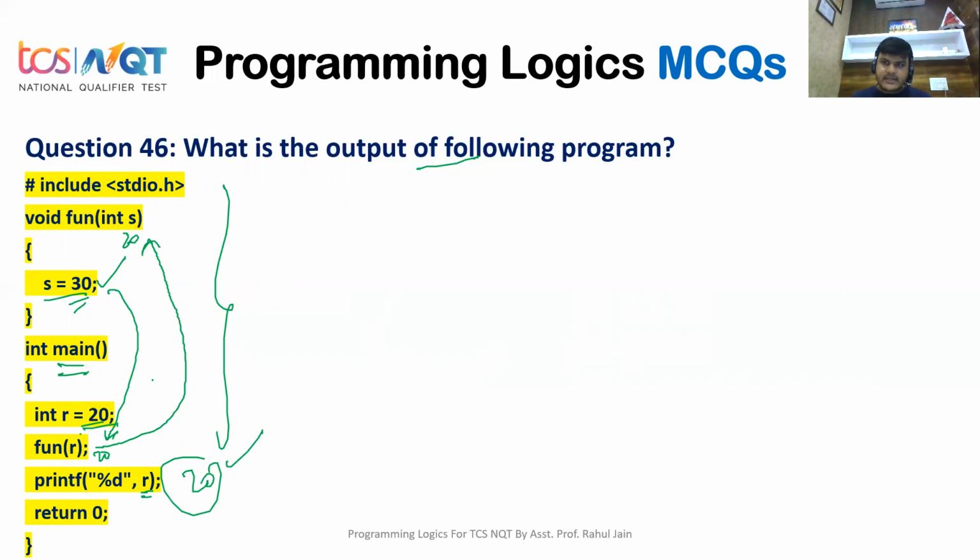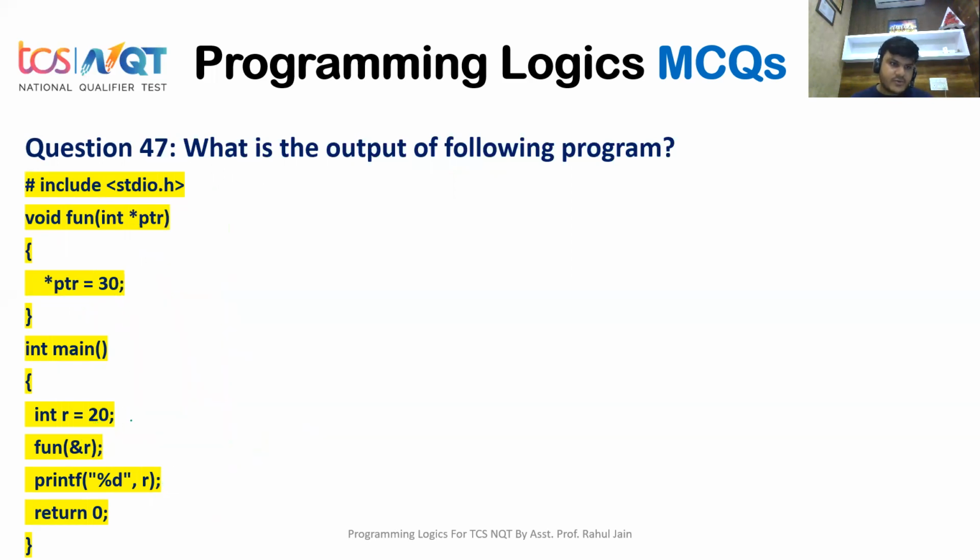It is basically the call by value parameter passing technique that is used, but the value of r will not be manipulated, right? Why? Because the value of r would not be changed. But if you want to really change it, we need to use a pointer reference, and by the call by reference mechanism we can completely change it.